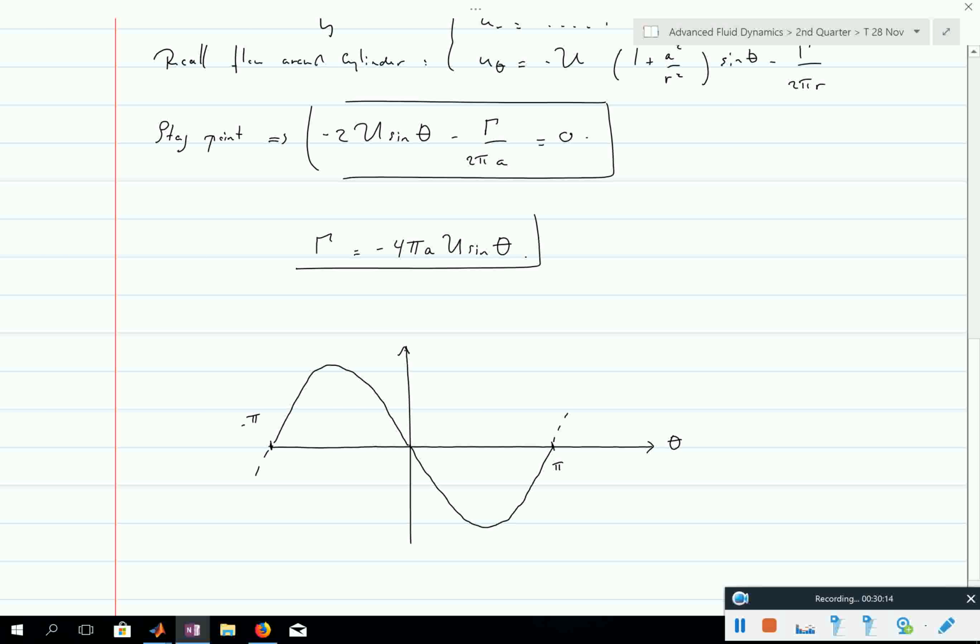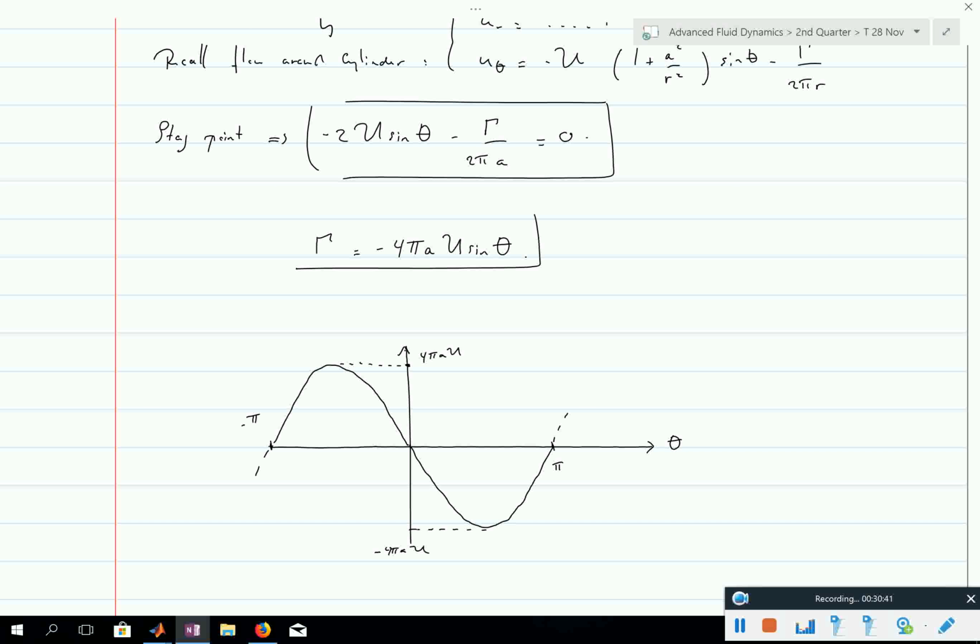Minus pi. Okay, this is my sine. And this here has a value of 4 pi AU. And that here has a value of minus 4 pi AU. Okay, so you directly see that if my circulation is,